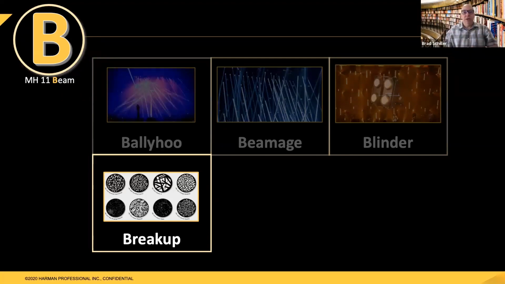And those pieces can be used for texture when lighting a person or a set piece, or those pieces could be used in the air to create really cool dynamic looks of beamage or aerial focuses. So breakup gobos are a lot of fun to work with. And the other nice thing with breakup gobos is they can look very different if you put them in focus or out of focus. So breakup gobos are fun to work with.